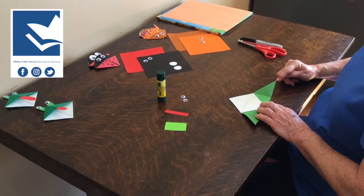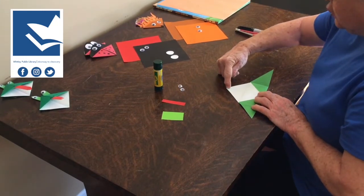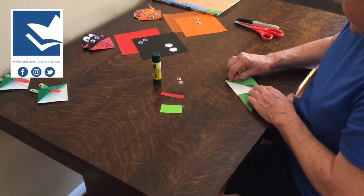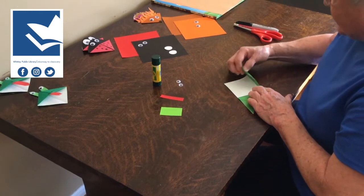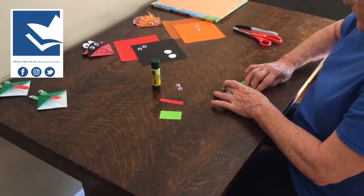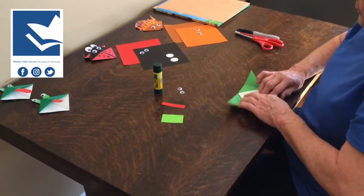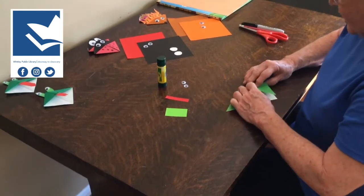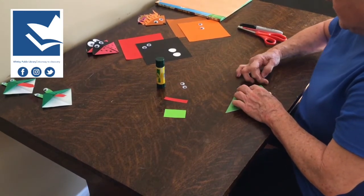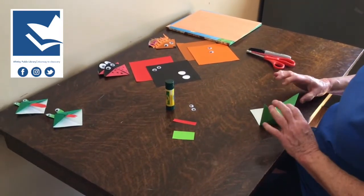Now we're going to take the right point of this triangle and we're going to fold it all the way up the middle crease. So this right point touches that top point. Again, we're using our center crease as our guide. Hold it and crease. Open it up. I'm turning it and I'm going to do the very same thing with the other side. Putting that corner all the way along the center crease. Hold it and crease. Turn it around, open it up so it looks like that, but now you've got folds